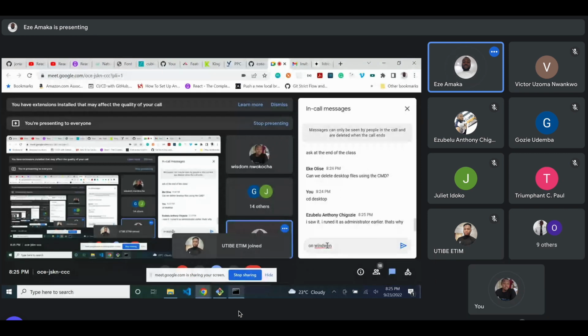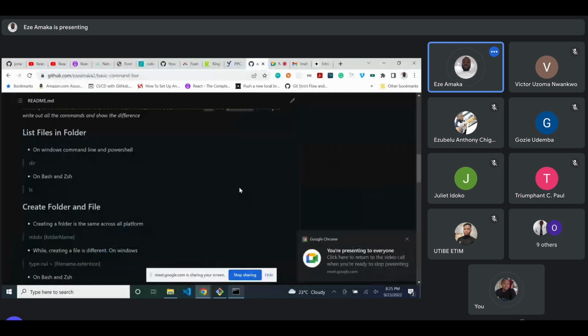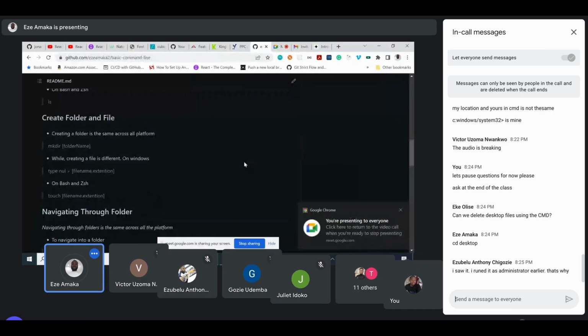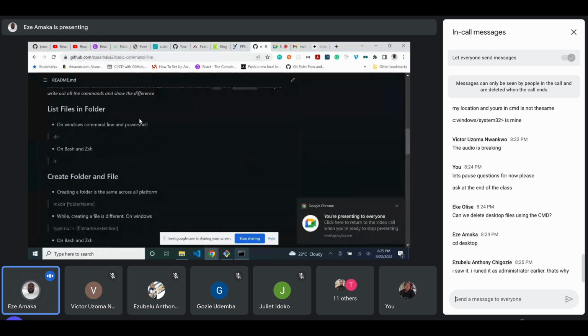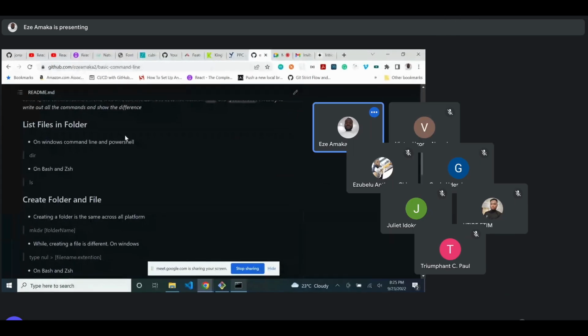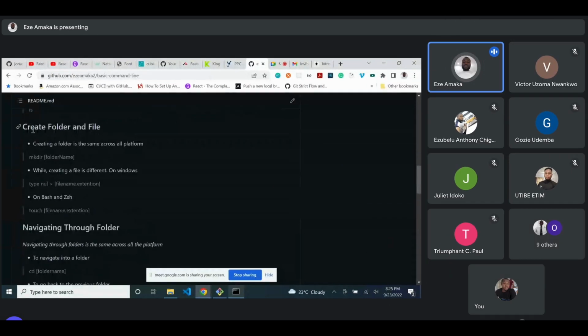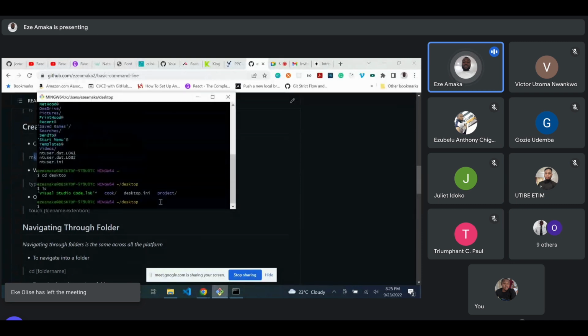Okay, let's continue. So like I said, I think we are done with listing files in a folder. So let's take the next heading. This is creating a folder, a file from the command line. Basically on the Windows and on the Mac, that's the command line and the font, you use the same command to create a folder. Okay. So still working from the desktop directory, I can make a new directory. That is make the